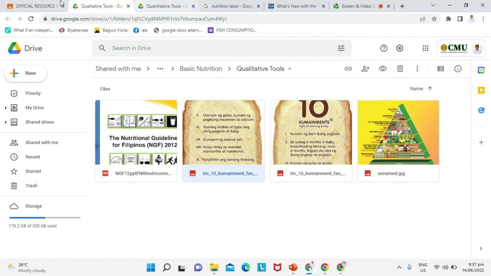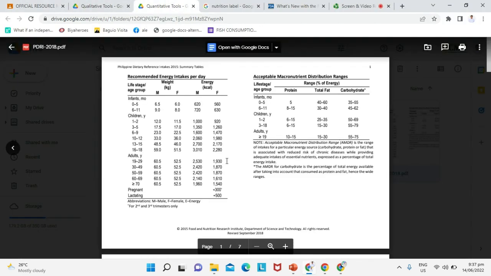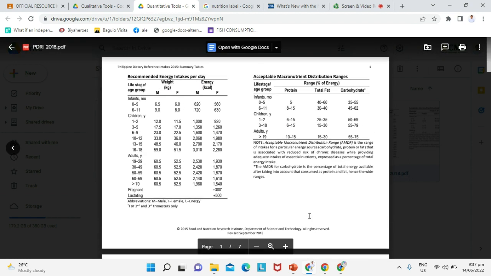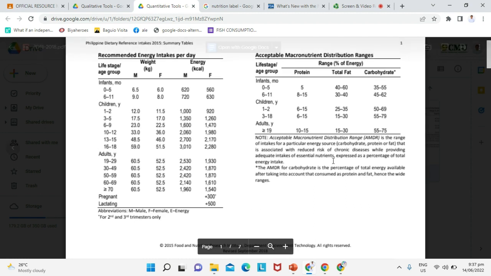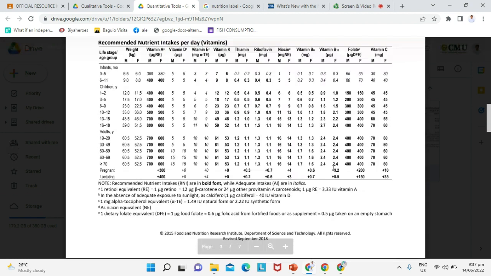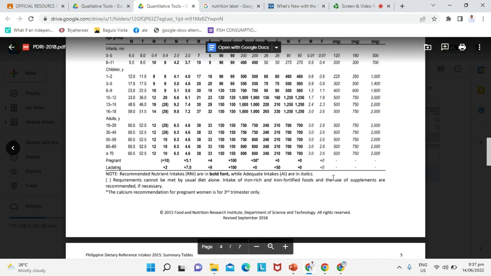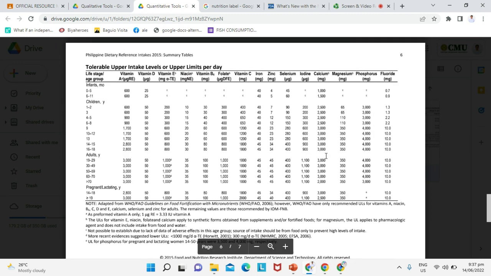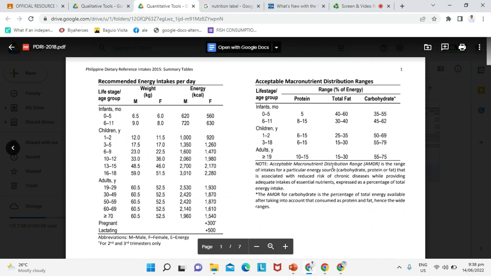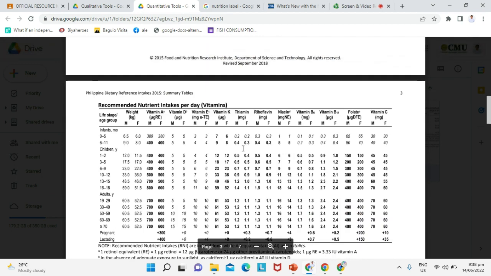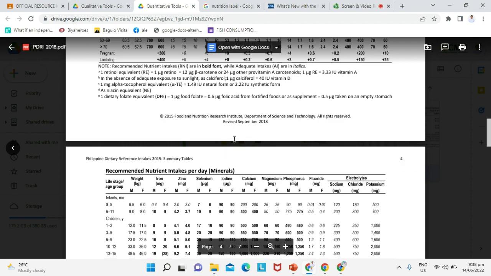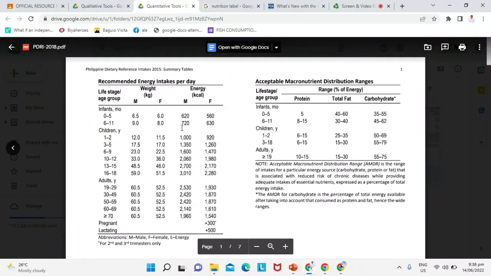So naagyapon didto sa quantitative tools. So diri, mas maayo pud nga naay hard copy ani no kay magamit man ninyo permi. Okay? Kumbaga mao ni ang atong Bible sa ND program. Okay? So pwede gyud ninyo ni i-print out. But dili pa man siya required kay as long as okay ra mo sa soft copy then you can actually use just the soft copy. Okay? The PDRI